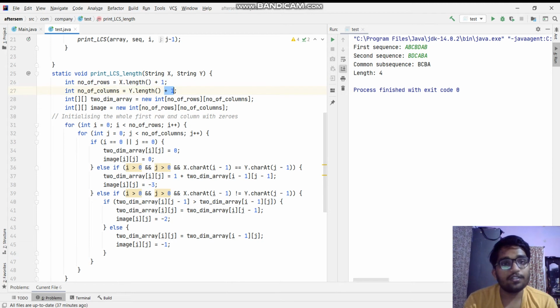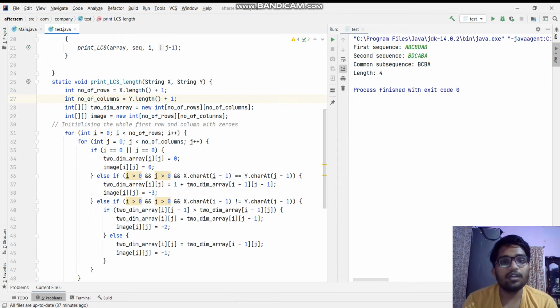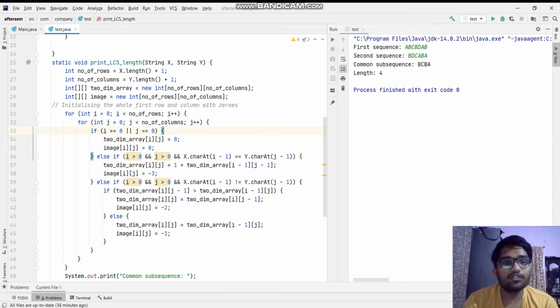Now this is the original two-dimensional array initialization, and below that we have another array. In the two-dimensional array, the entries hold integer data. But we also need an arrow pointing either upwards, towards left, or diagonally. An integer two-dimensional array cannot handle those arrows, right? So in order to avoid that, I have taken another array in which the representation of arrows has to be set. So this is initializing the whole first row and column with zeros, as well as filling the entries